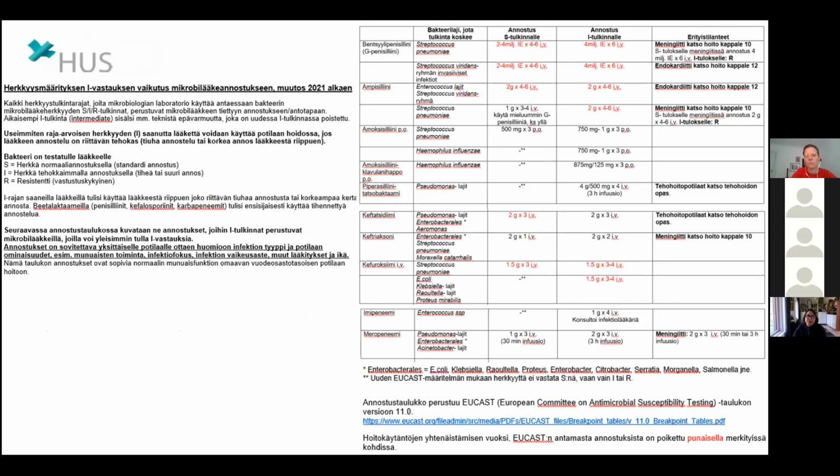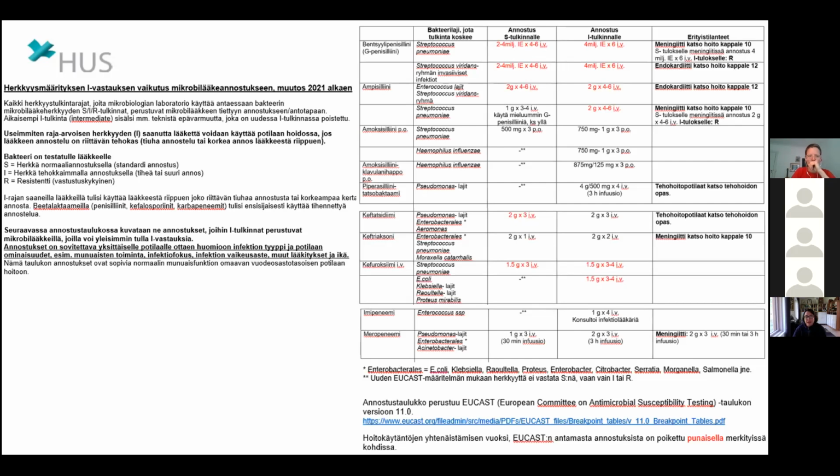So in Finland, we don't have a national consensus on dosing, which is an issue. So we went through the EUCAST dosage table with our ID colleagues, and we have done one where we have noticed in red the differences between EUCAST and the local differences. And on the left part, sorry, it's in Finnish, there is an introduction explaining the new definition of S,